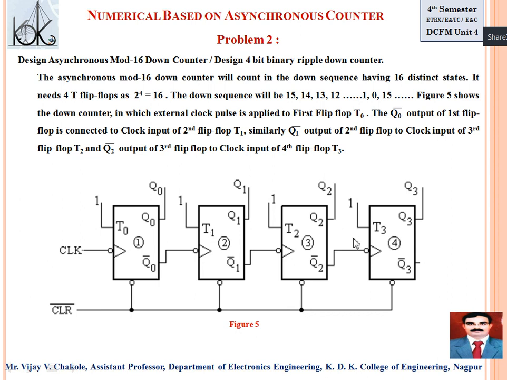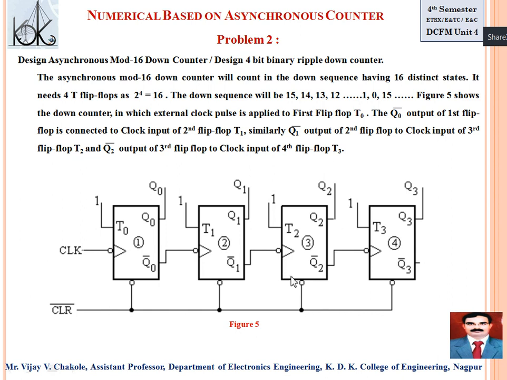Right? Here all the flip-flop inputs T3, T2, T1, T0 are connected to logic 1, right? And all the flip-flops are tied with the clear terminal. Here the clear terminal is clear bar, active low. Always you have to give 0 to activate the clear terminal. If you provide 1 here, the clear terminal is not activated. So this is a low logic terminal, right?